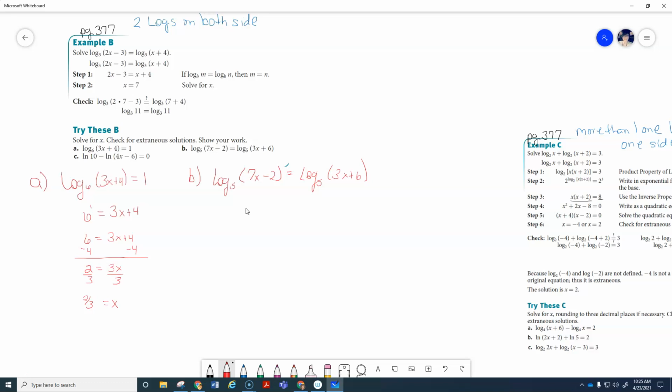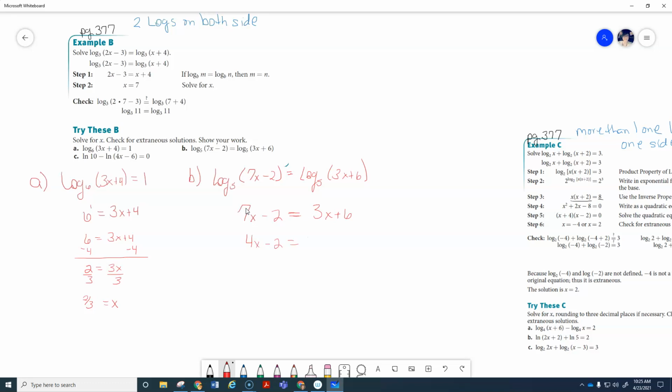But the two logs have to be isolated. If the two logs have the same base and they're isolated, then they just simply drop. And you work with what you were taking the log of, and it just becomes a pretty simple Algebra 1 problem. So we'll finish solving this by subtracting 3 from both sides of the equation, and that's going to leave